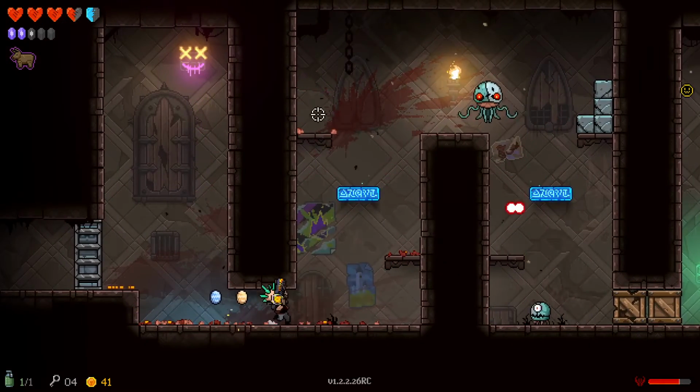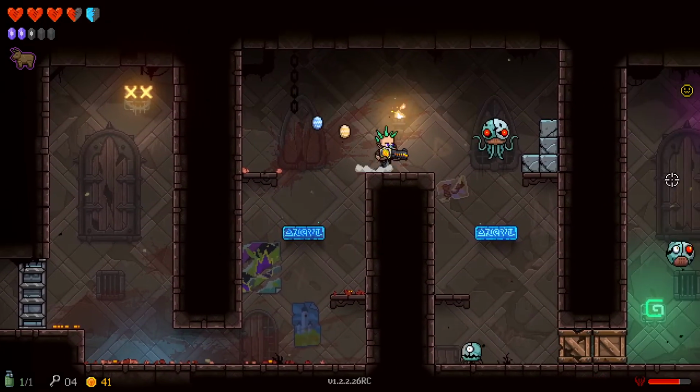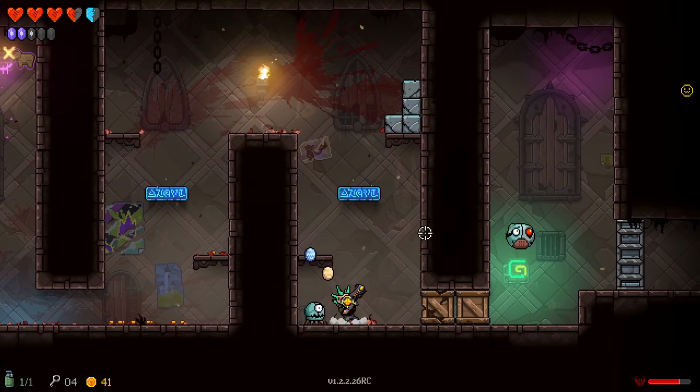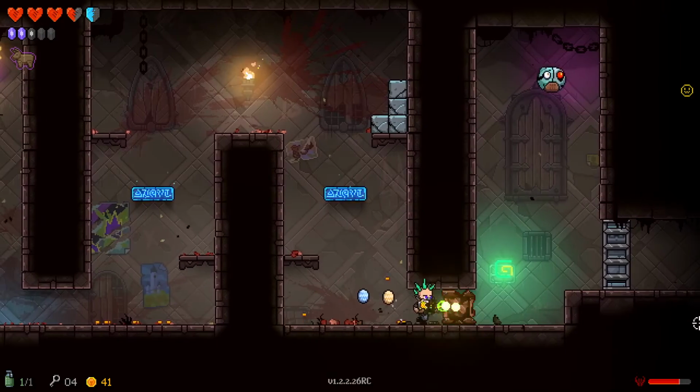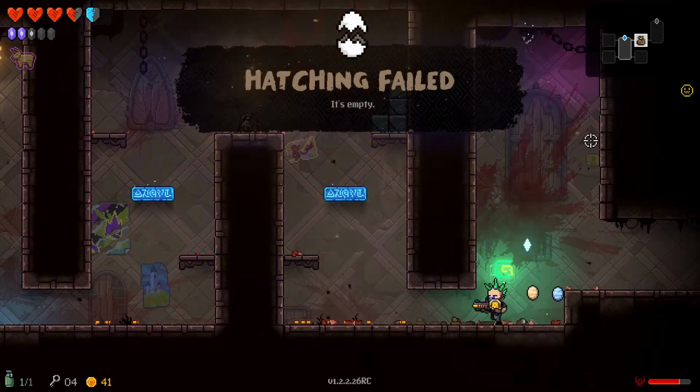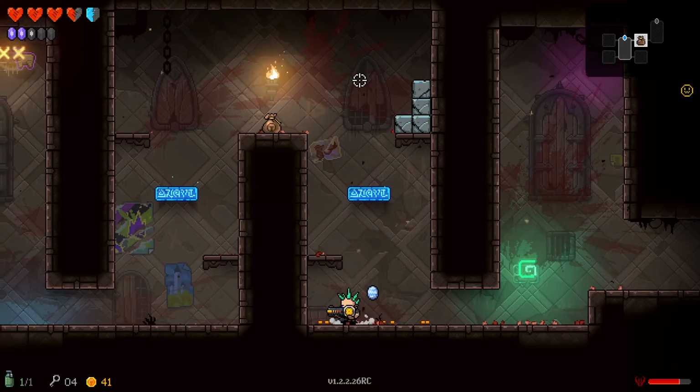See, the worm turns into a coin. These guys are just kind of Frankenstein together. If you shoot them in the air, they don't seem to do that. But if you stomp on them... Hatching failed, so...